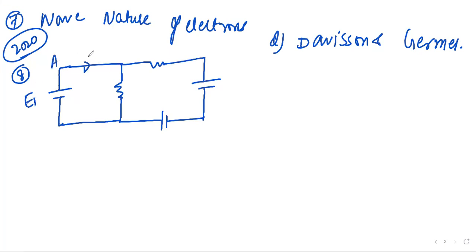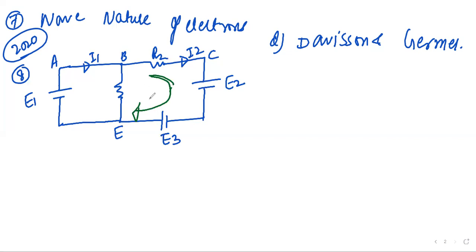This is A. This is current I1 flowing through it, at point B. This is R2. Current is also I2. This is E2. This point is C. This point is E. This is E3. So for the loop, it is given B, C, D, E, B. About this loop, you have to tell